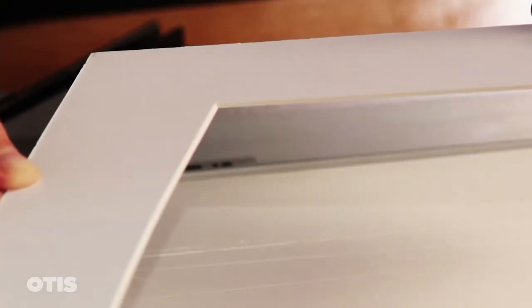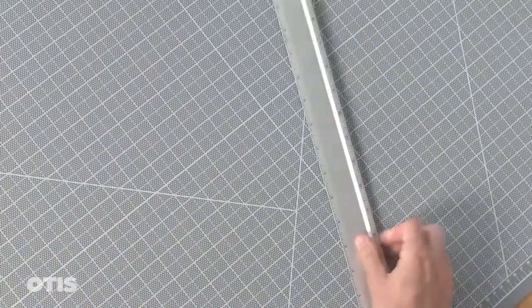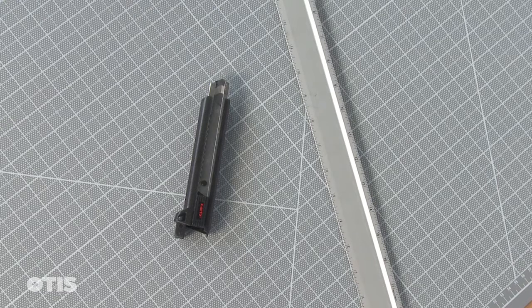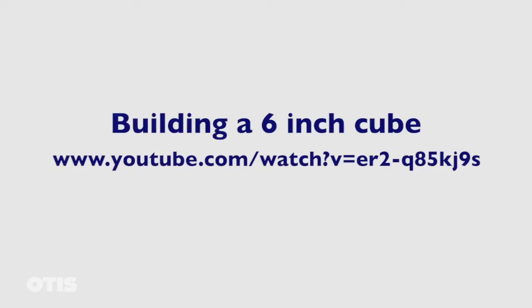You will not be able to achieve the beveled edge of the mat cutter, but the results should be acceptable for most applications. If you choose to use a ruler and blade, make sure to cut with a metal ruler or straight edge to prevent your blade from jumping over and cutting your fingers. You may also wish to refer to the Otis College video, Building a 6-inch Cube, to learn more about proper